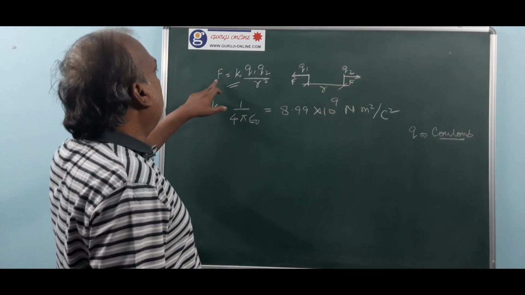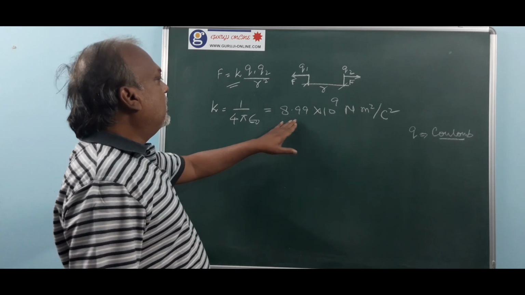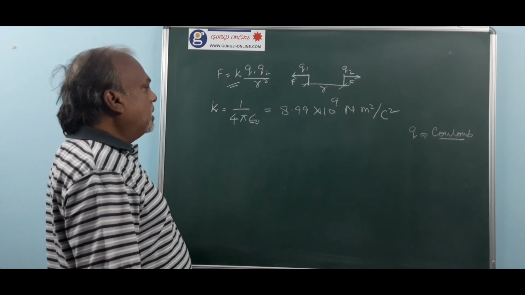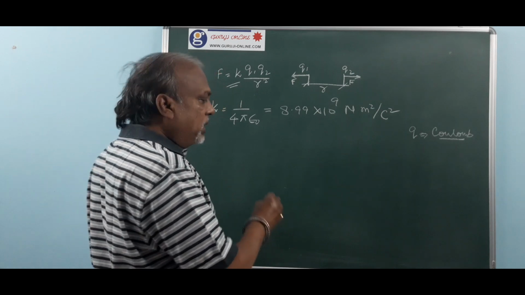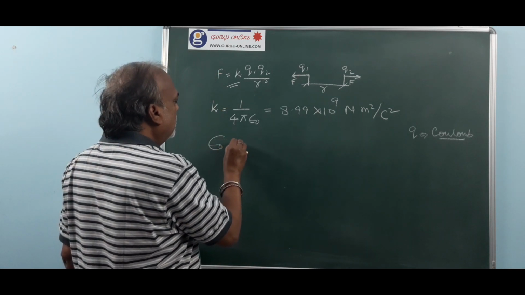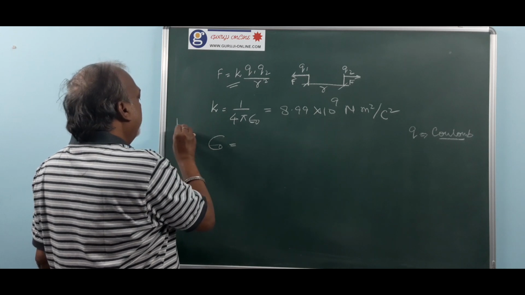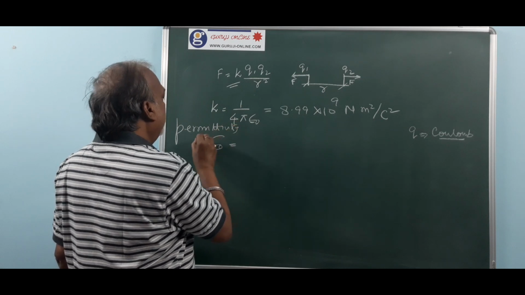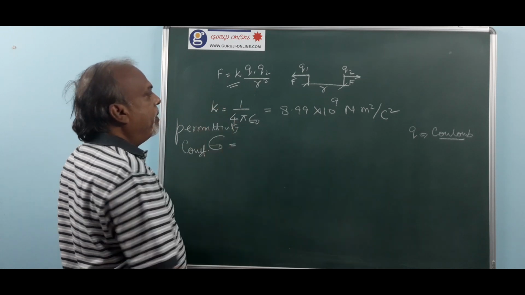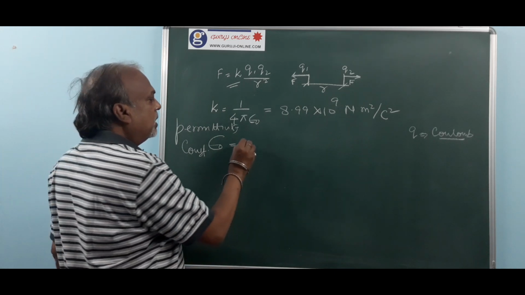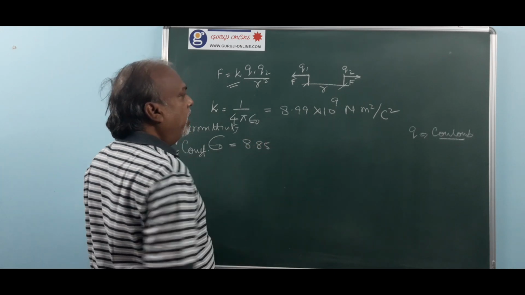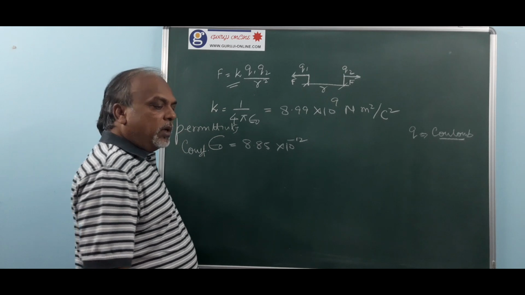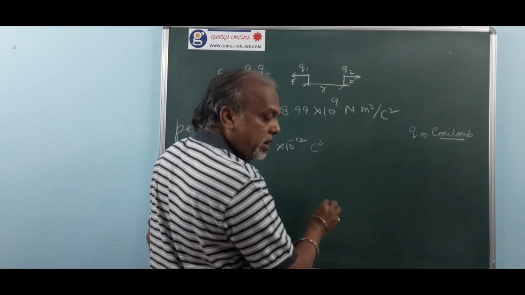R we know is in meters, F we know is in Newtons. So this is the unit of this. This K value is this. And what is this? This is the permittivity constant, epsilon 0, and its value is 8.5 into 10 raised to minus 12 Coulomb square upon